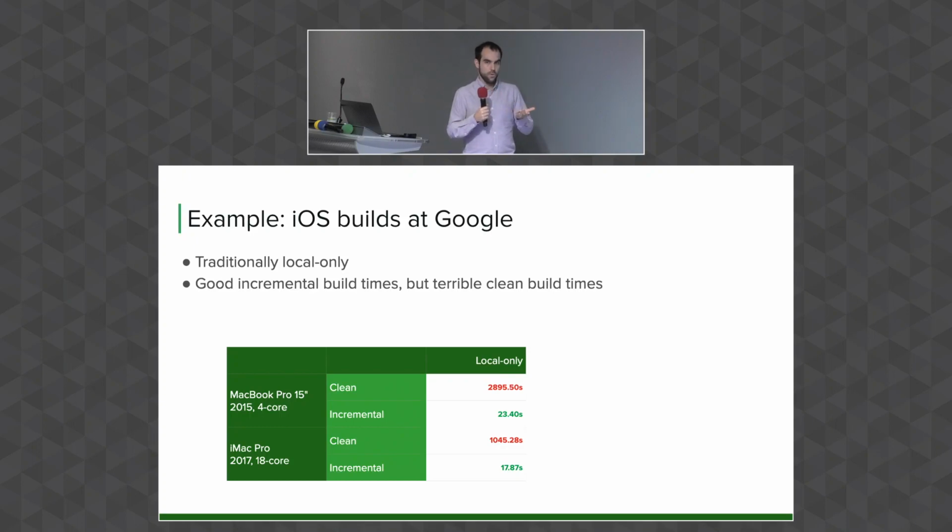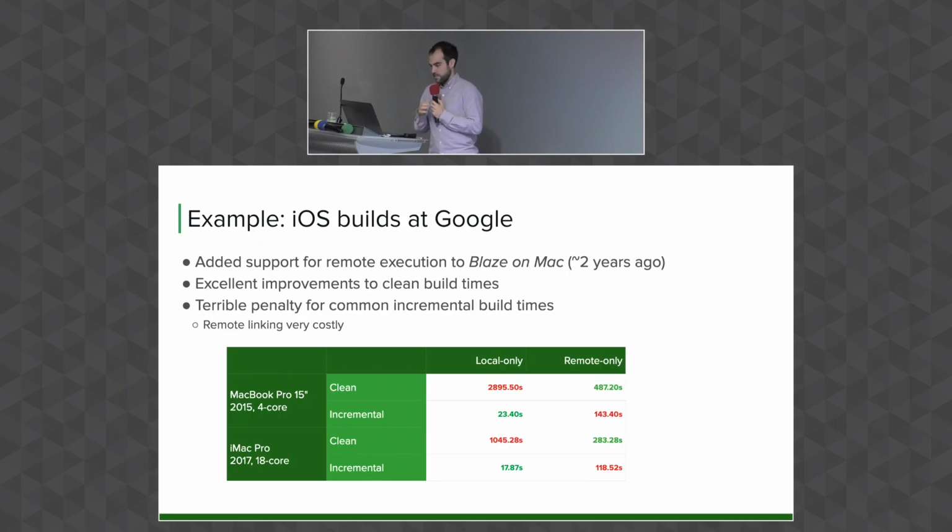So a lot of our work was to actually provide remote execution for these iOS builds, and we spent a long time doing that, right? And we added this feature. We were so happy. Let's try to see what happens. Not great. We spent a lot of time doing this, clean build times, massively improved, but incremental builds are now very bad. Specifically,